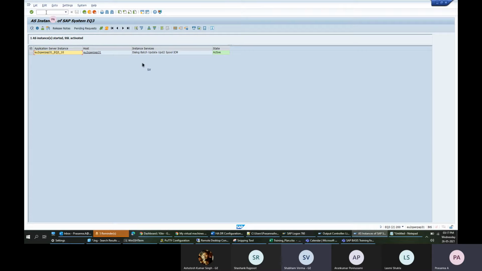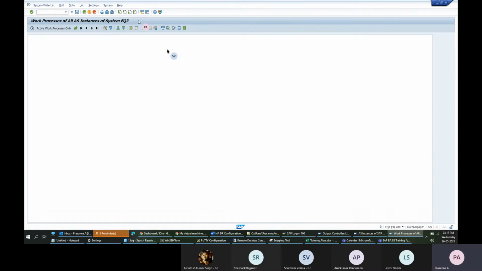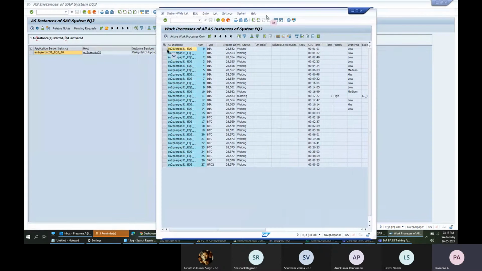Similarly, if you want to open a new session, an additional window for the same system because you want two windows to cross-check, you type /o and then any T code, like SM. It will open the T code in a new window. The existing window will also remain here. Remember /n and /o.